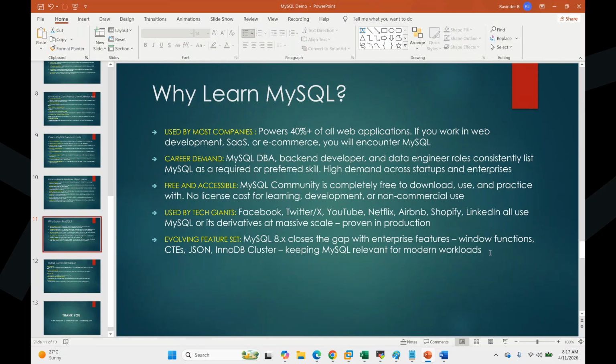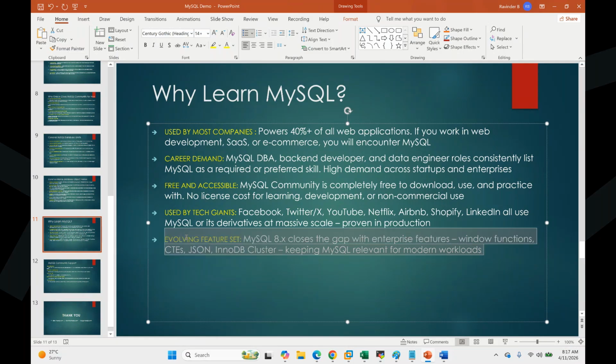So when you have such competition, you should be competent. If you are not competent, you lose the race. That's why they are developing MySQL very rigorously to keep this product outstanding. The more outstanding the product, the more implementation. The more implementation, the more job sources you'll get.